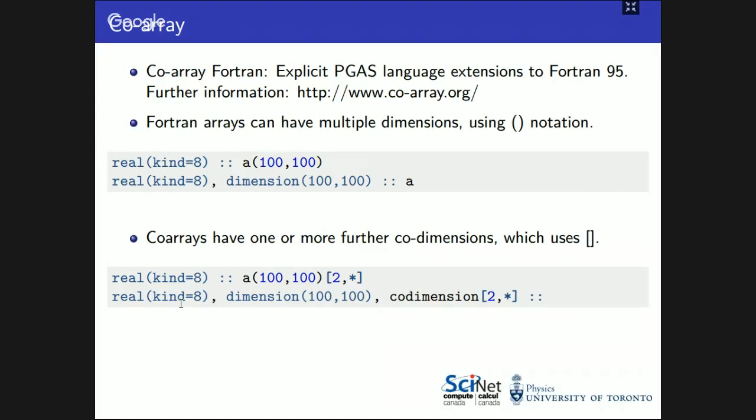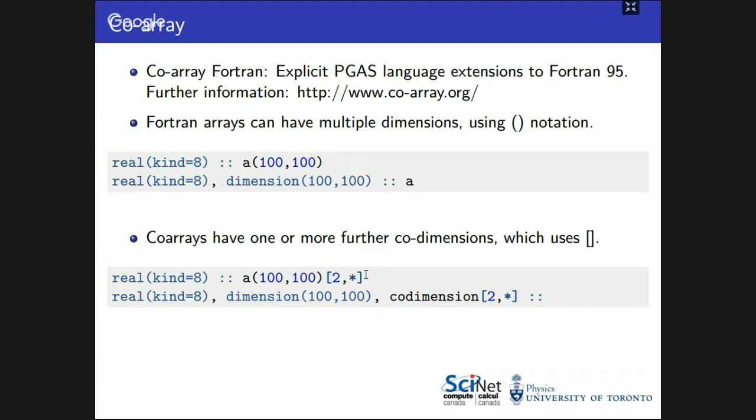Fortran is easy to read as a language, and so I'm not too scared to tell you that this thing exists. But for every array that can have multiple dimensions, here of 100 by 100, co-arrays in co-array Fortran can have an additional one that gets square brackets and has this star in it. It says, I'm going to launch you with a number of processes, and the star means I just divide them over that extra dimension over the processes. So every process gets this array on its own. And then with that extra last dimension, I can address